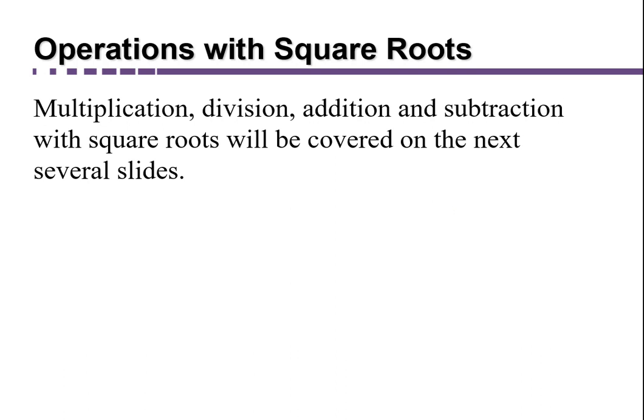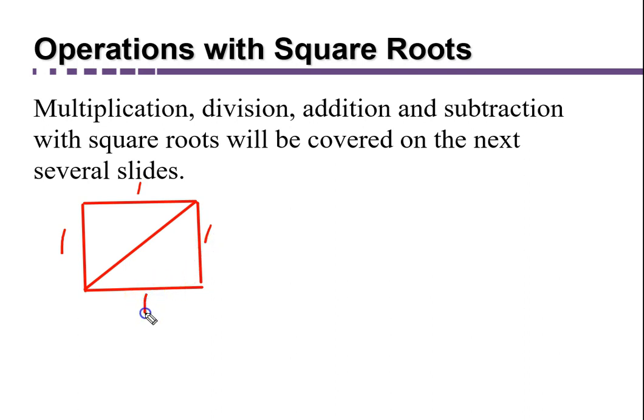Now, something I want to give you, and I'd like you to sketch this in your booklets. This is to be a square where the sides are 1, 1. All the sides are 1. And this is the diagonal of the square. So we're wondering, what is the length of this diagonal? Well, for this, since we have a right triangle here,